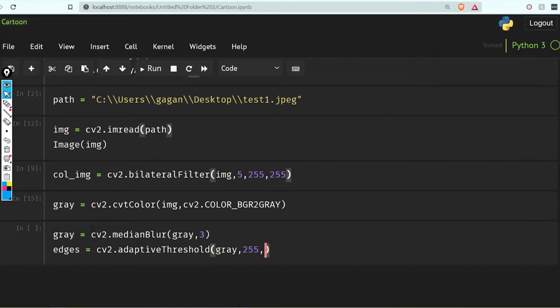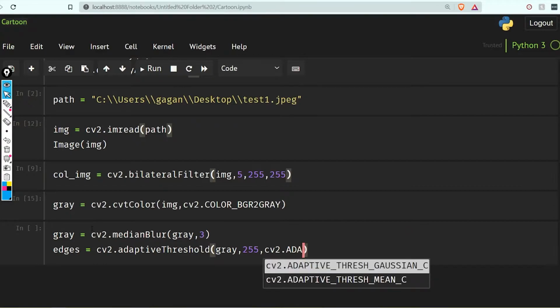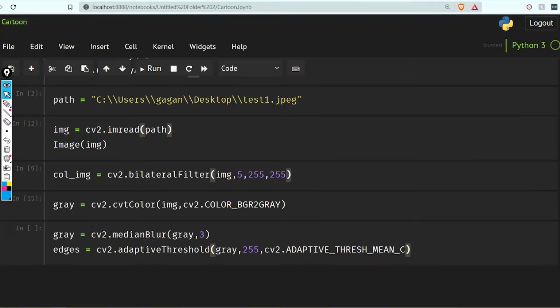I will explain what these values are. cv2.ADAPTIVE_THRESH_MEAN_C, and cv2.THRESH_BINARY, yeah, we need binary. Now we need to give 5 comma 5.